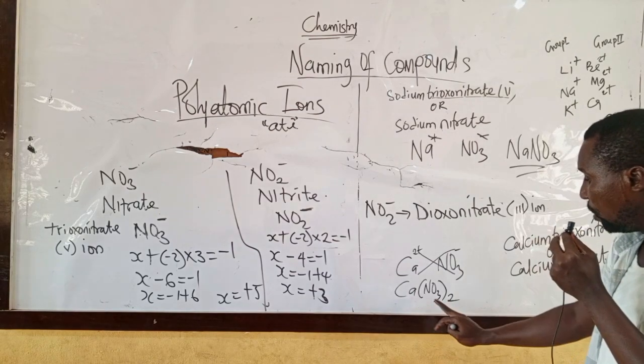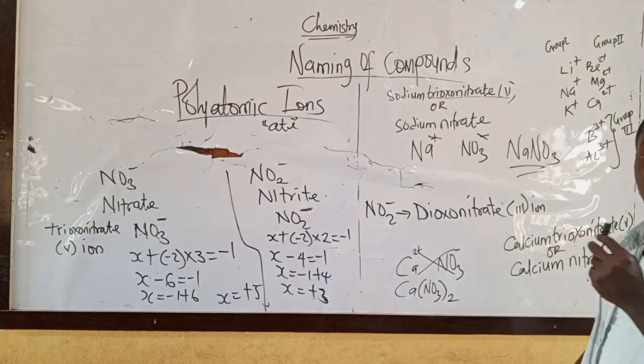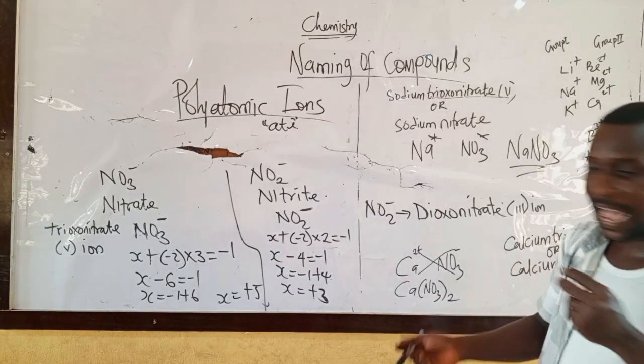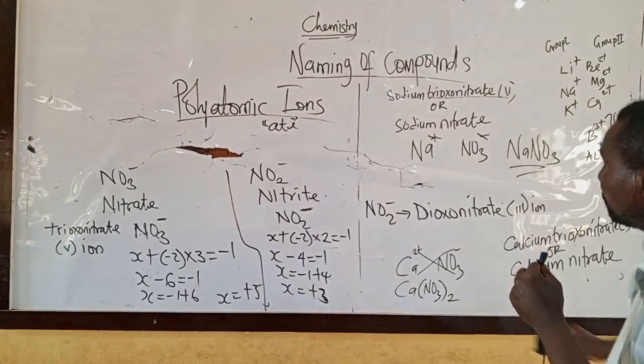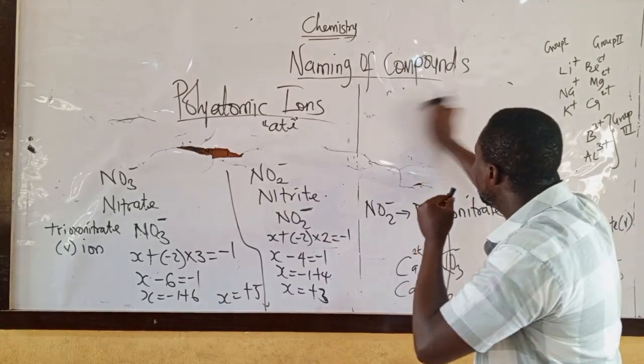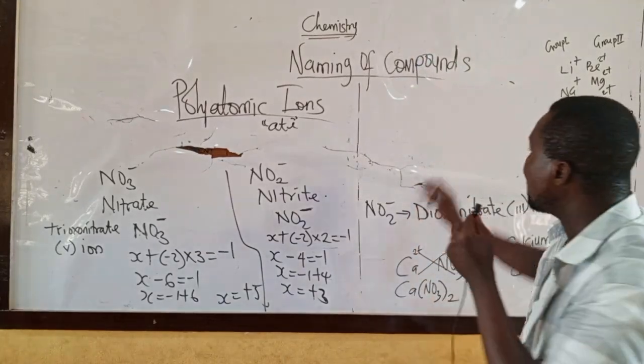This is calcium trioxonitrate 5. Take note of that. Please take note. Let me rub this one off. If I ask you to write, look at this. For example, I ask you to write